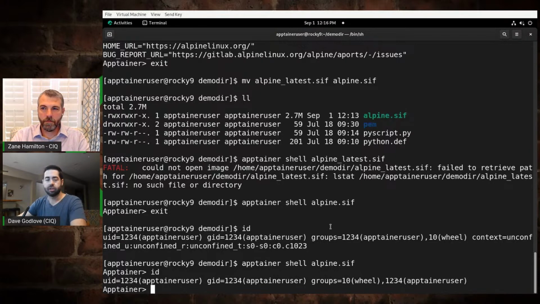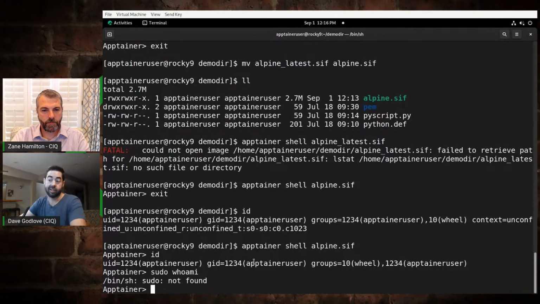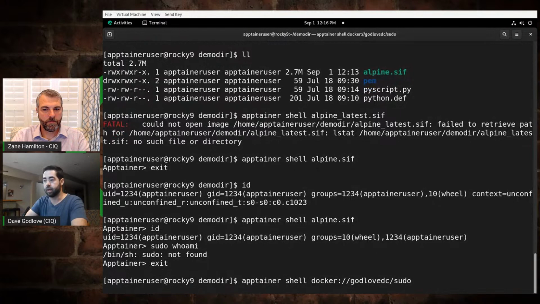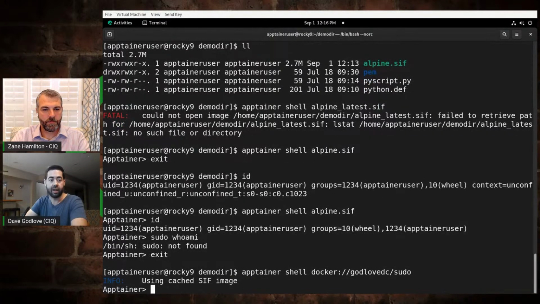Okay, so let's see if I can elevate my privileges. I'm going to try to run a sudo command. I'm going to do sudo whoami. That's going to say it doesn't have sudo installed inside of it, but that's fine. I'm a little bit tricky, and I have a container up on Docker Hub in which I've installed the sudo program. So let me go ahead and run that instead. Okay, I'm going to jump into this container, and now I'm going to try to elevate my